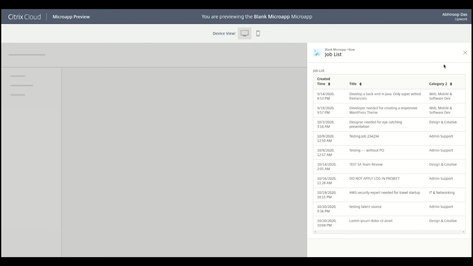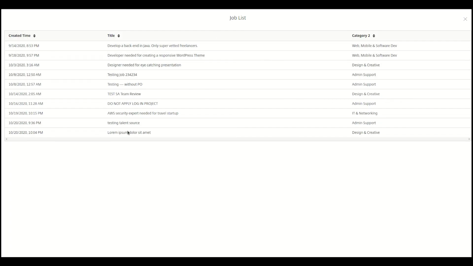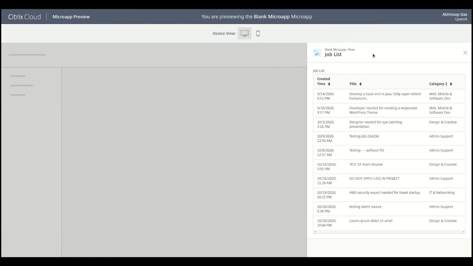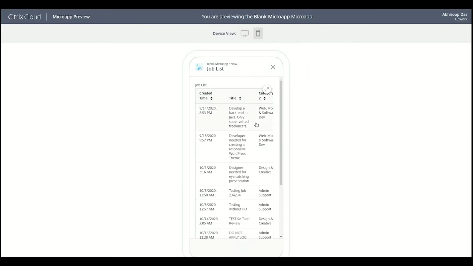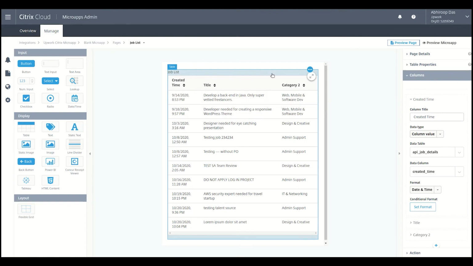So you can see how it will look in real usage mode. You can also go to a full screen view, so there's more space on your screen, and you can also see how it looks on a handheld device like mobile. So we have configured one page which displays the list of jobs